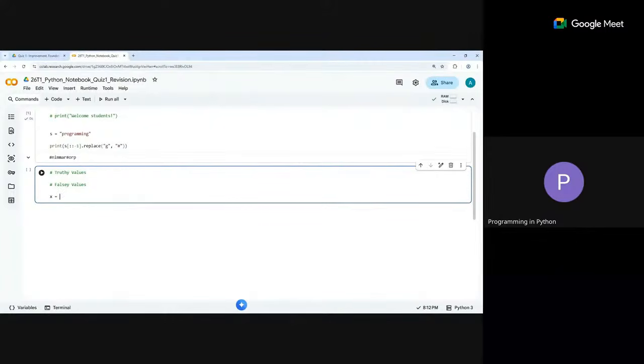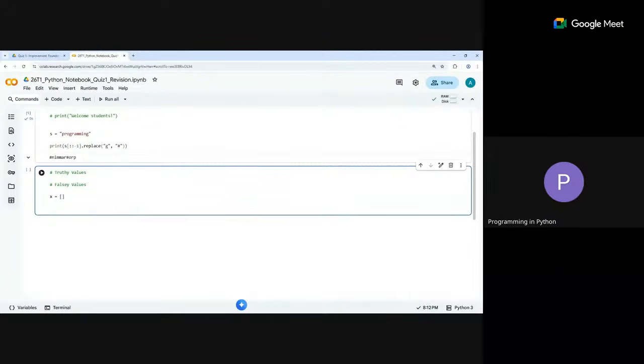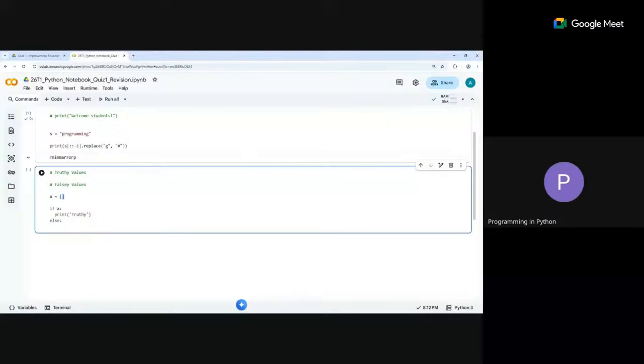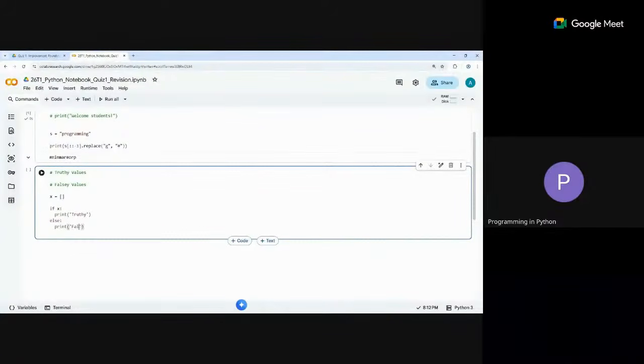But on the other hand, what do you say about, let's say, an empty list? This is a list, right? But what happens if I do if x, and print something truthy? Because if it is truthy, then it'll go inside, it'll evaluate to true. If something is a truthy value, then it is going to result in a true when treated like a Boolean, like a condition. If something is a falsy value, then we get something like falsy. Hopefully the strings are correct. Yeah, falsy. All right.